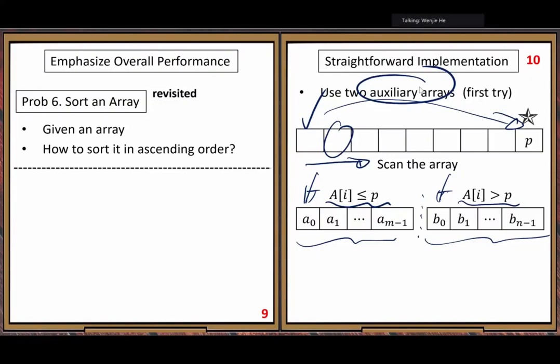That's easy, right? In this way, you can see after you finish the scanning from beginning to end, except to the last pivot element, then you get what you need. You get two subarrays. The values of the first subarray satisfy the first inequality, and the values of the second subarray have the second inequality property.